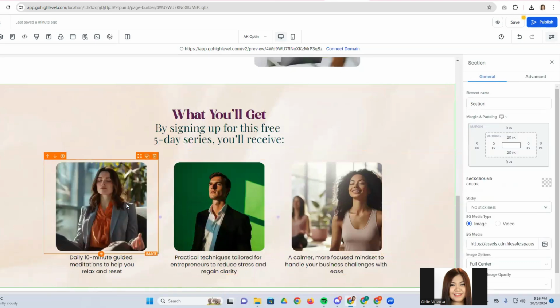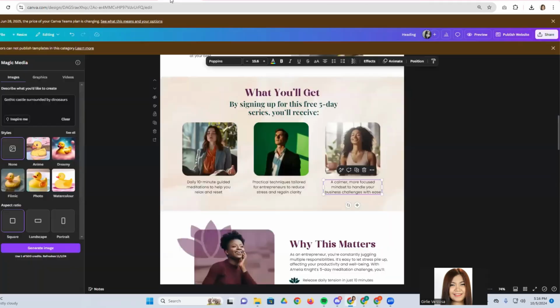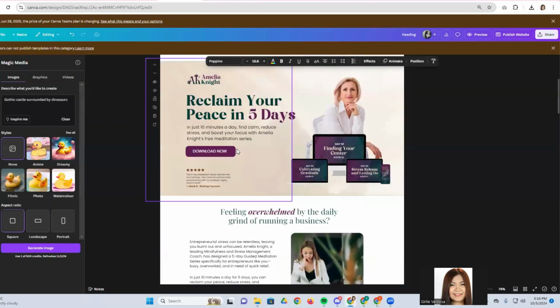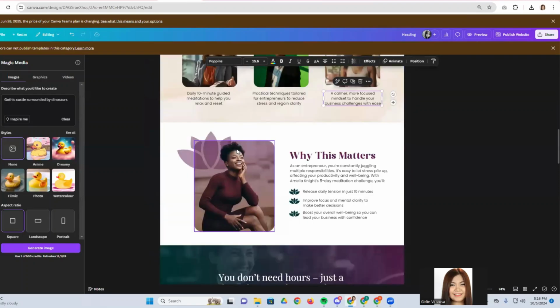Okay, so now we've added all of the labels of each image and finished our third section. So on our fourth section, it's another layout. So all we have to do is again add a section and make sure to have a 2 column,